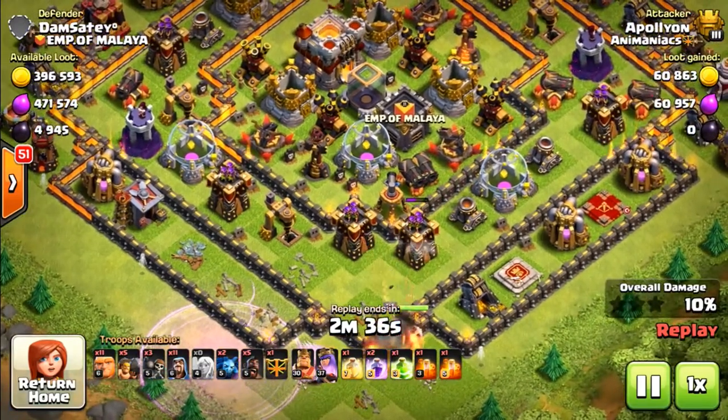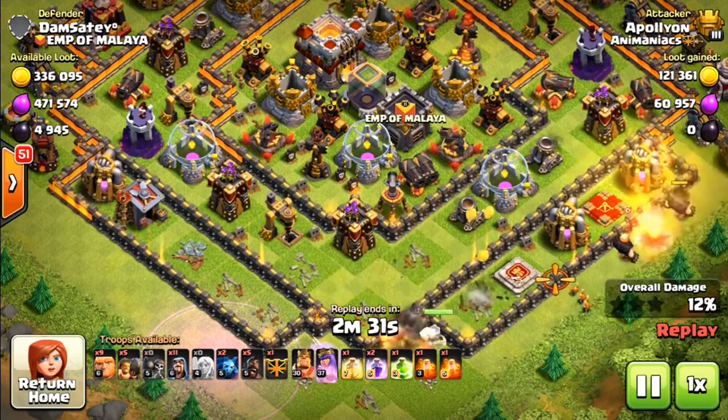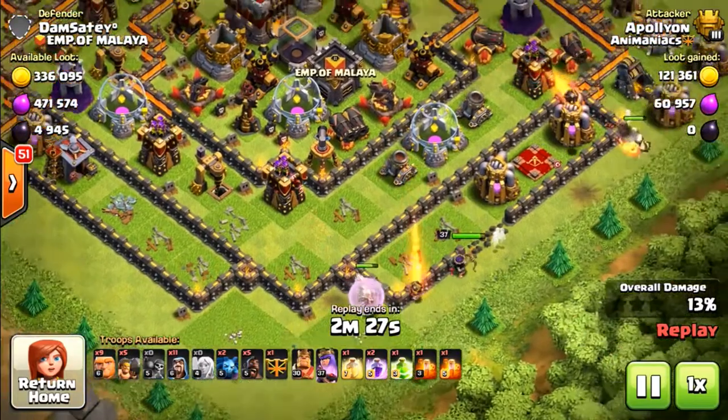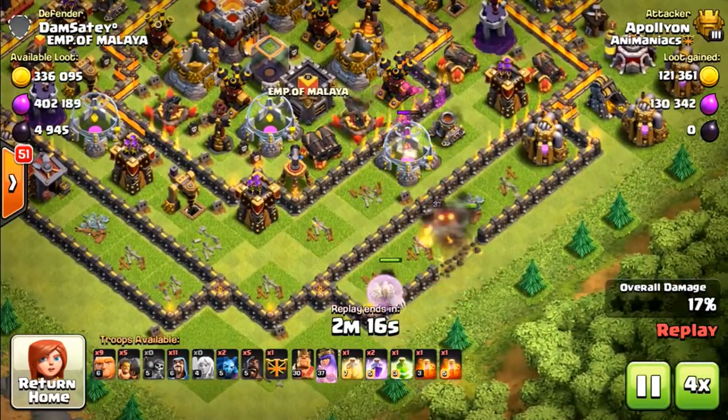So, please don't do what I'm doing here as far as the attack style. I was just trying to work on the actual deployment of my battle ram and not really focusing too much on getting the loot or what I needed to do. I'm going to fast forward this because this is just the queen walk,